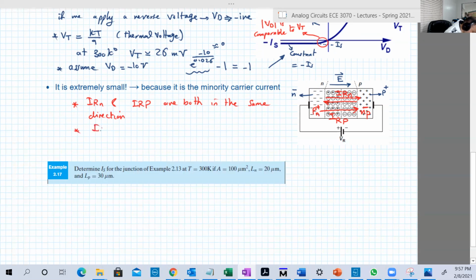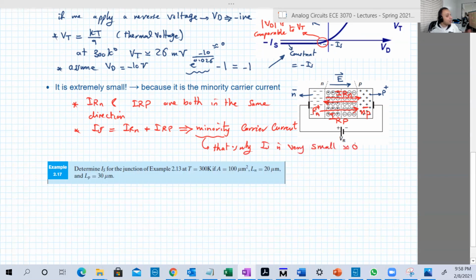And basically this is IS. So IS is basically I_RN plus I_RP. This is minority carrier current. So why is it small? Because it's a minority carrier current. That's why IS is very small,